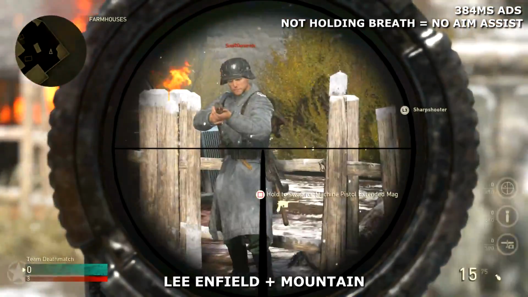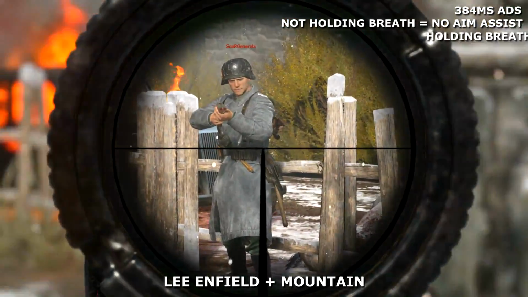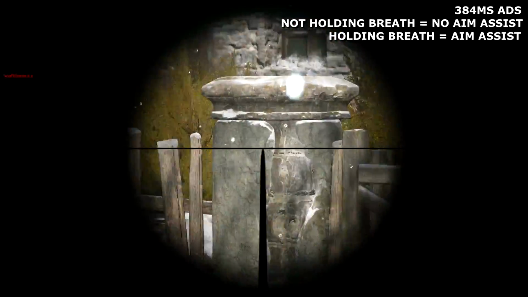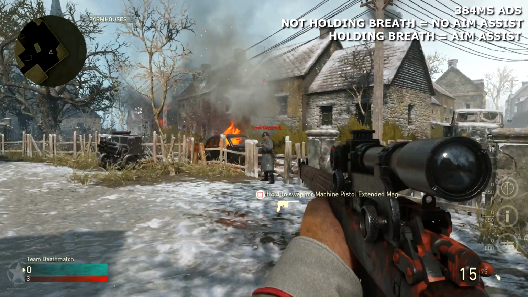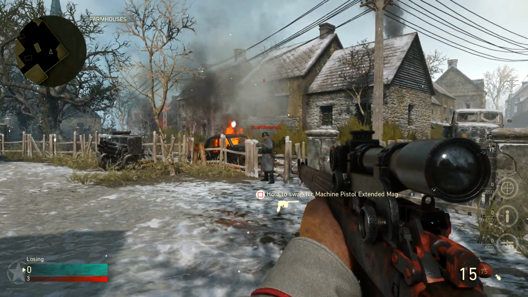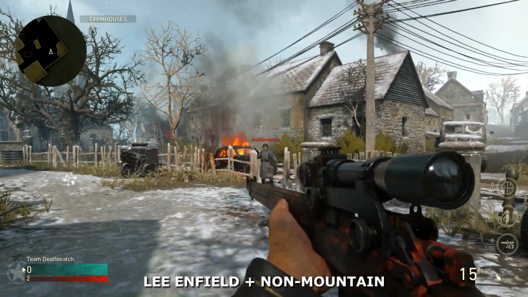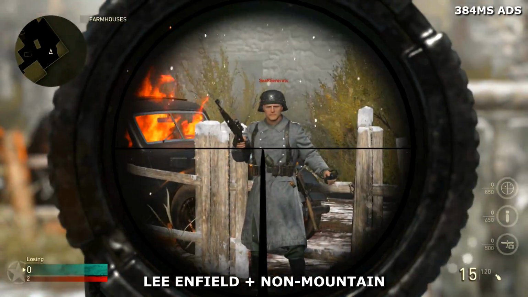And then when I hold my breath, what you'll see is I do get that aim assist because that's the ability of the Mountain Division. So this is very similar to what we saw with the Karabin. When I switch over to a class that doesn't use the Mountain Division, so this is literally anything else, it could be infantry, it could be airborne, it could be whatever you want,